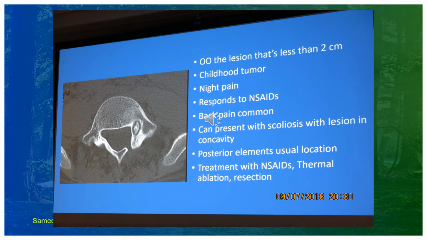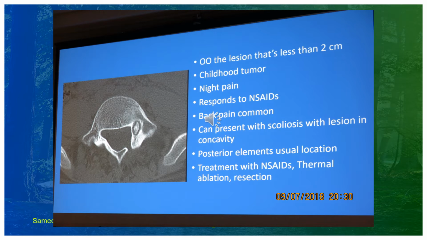Osteoid osteoma is similar to osteoblastoma histologically. They cannot be differentiated by histopathology. They are differentiated only by size. If the lesion is less than 1.5 cm, it is an osteoid osteoma, and osteoid osteoma has a nidus, as is shown here in the pedicle